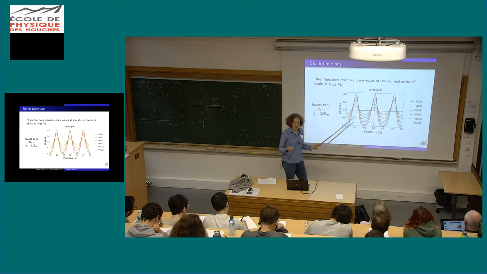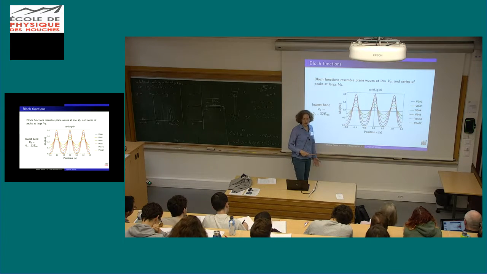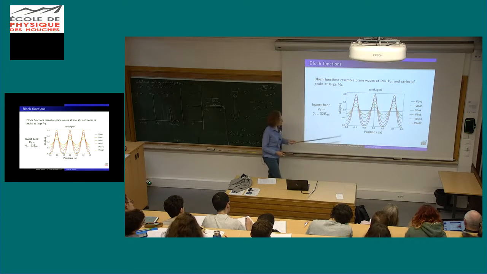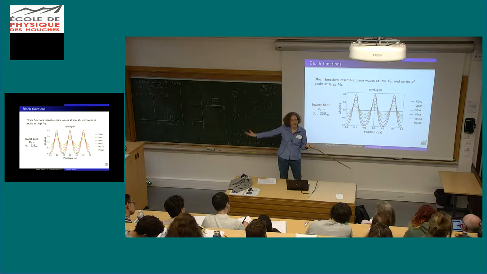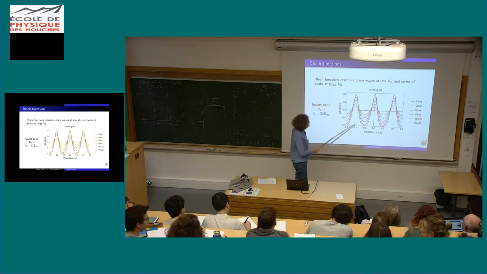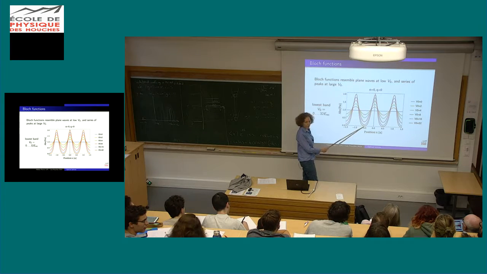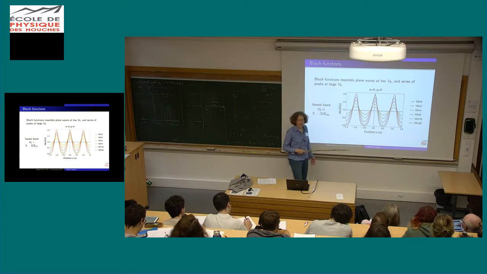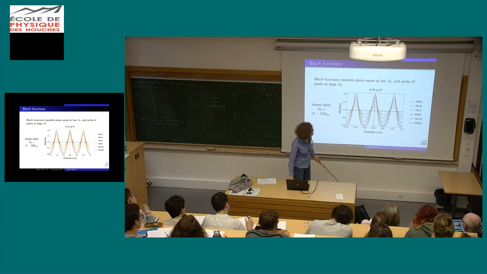And the more you increase the lattice depth, the more localized the wave function is inside the well. When we go to the situation where the potential is 32 recoil, we are very close to the situation where I said we have almost a harmonic oscillator at the bottom. And indeed what you see is that if I look at this curve, it almost goes to 0 in between two wells, such that it is pretty much localized inside a given well and then the next and the next. So the wells behave almost independently from each other. This is for n equals 0, q equals 0.